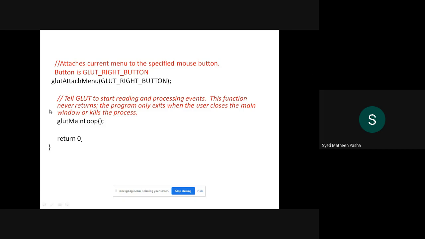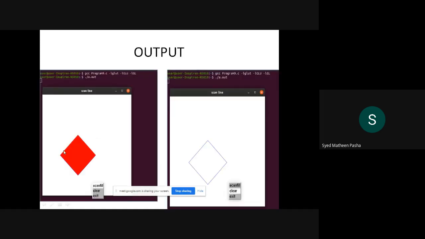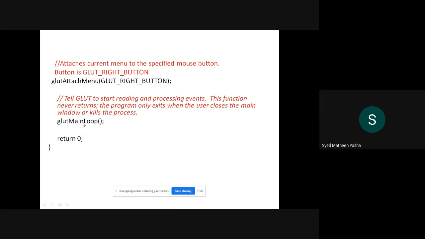Then I'll put the glut main loop, where the whole program is being processed a number of times, which is being kept in a loop, and then I'll come out of the program. Then check out the output of your program. So once this is found, it basically tells your program is kept in the loop format, and you are coming out of the program. This states the end of the program there.